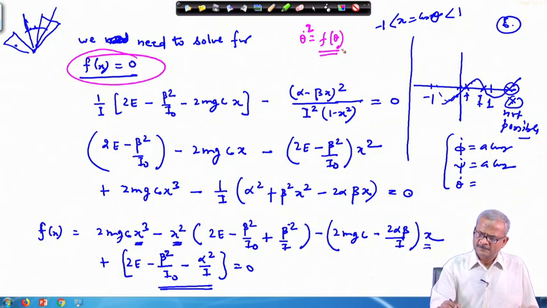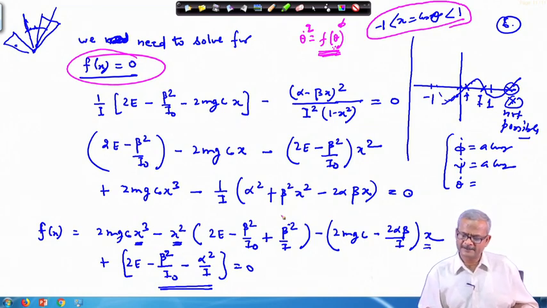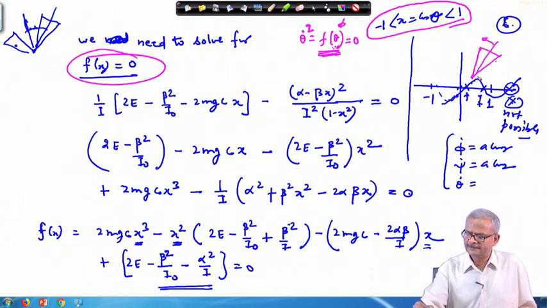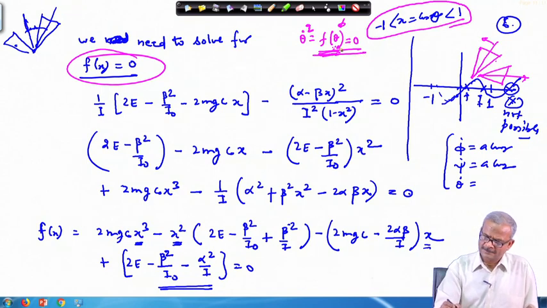Okay. So, what will be the maximum value of theta? Because this is a polynomial, and cos theta will be limited in a range, but how do we get to know what that range will be? If we solve for f(theta) equal to 0, at the extreme positions, where the top is either here or further down, theta dot will no longer be there. So we solve for that, and once we solve for that, we get the equation in this format.